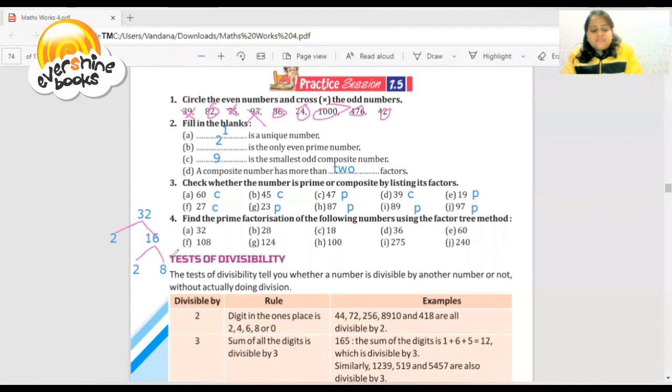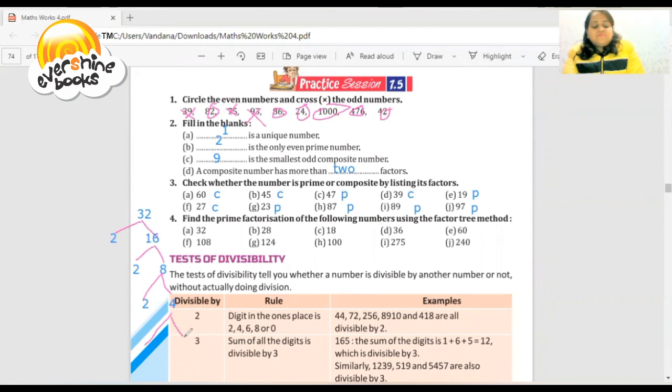So like this, you have to draw a line and do the factorization. Write number 2 here, and here you have to write 4. 2 fours are 8, and do the factorization of 4, so you will get 2 multiplied by 2. Answer is 4. So it's very easy.